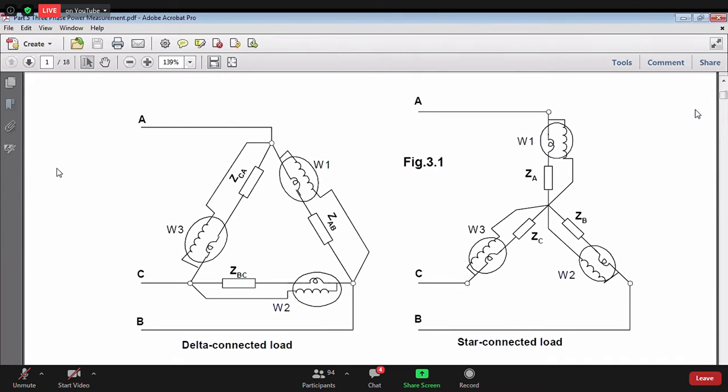And what is that solution? That we have to connect the wattmeter only between the three lines. That means on this diagram, it is shown A, B, C. That three lines, because these three lines are accessible from outside. And therefore, if we connect anything here, I can do it. Then I don't bother about what is there inside the machine or inside the device. Let's see how we can do that.